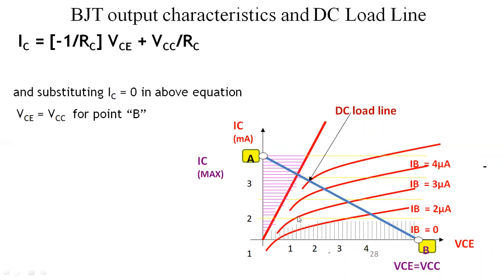So from this line, yeah, this vertical line, what does it represent? Cutoff region, which means below this, the transistor is in the off condition. And this horizontal purple line, below this straight line,